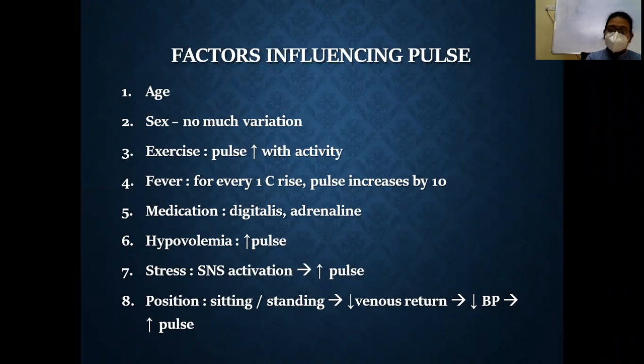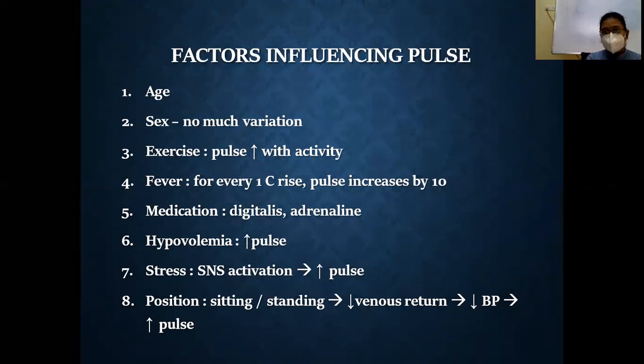Whenever you are assessing any patient, you have to see whether the person is on any medication or not, because that would avoid unnecessary confusion. So if a person is on digitalis, of course his heart rate would be on the lesser side. Adrenaline is a drug which has positive inotropic effect as well as positive chronotropic effect. Means when you give this drug, both the heart rate as well as the force of contraction is going to increase. So medication is another thing you have to consider whenever you are assessing pulse. So taking proper history is very, very important.